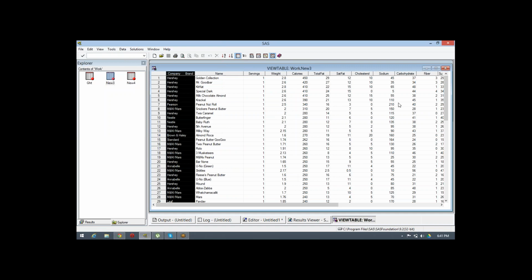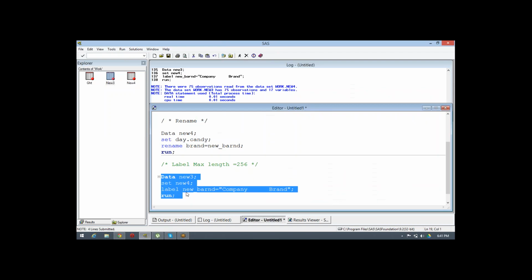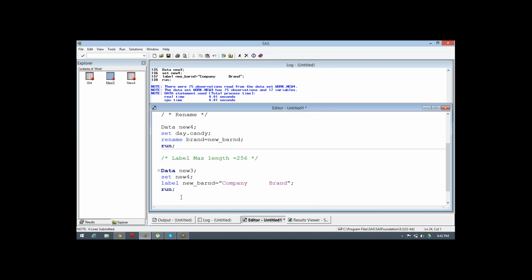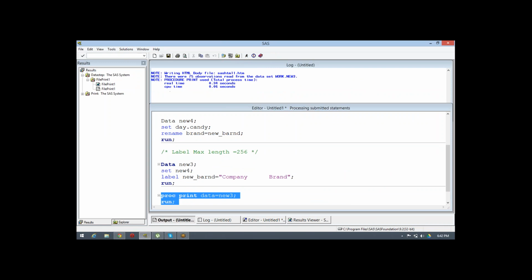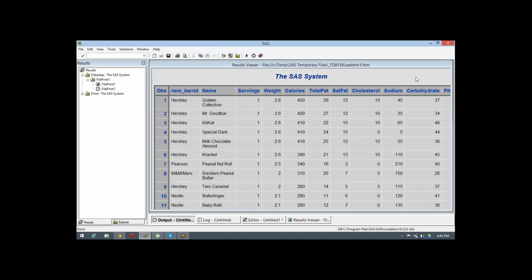Now what will happen once you execute the proc print command for new 3 and run? This will always give you the data portion details. It will not give you the attribute details.